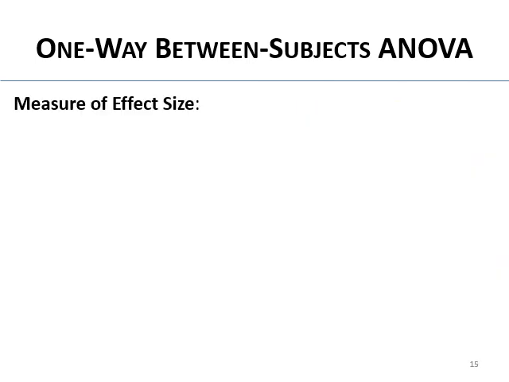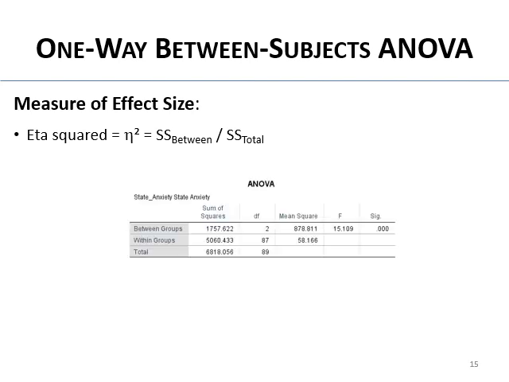So let's calculate our measure of effect size, our eta squared: sum of squares between divided by sum of squares total. You can see there are the top two lines. You've got between, then you've got within, and at the bottom you've got total. So in that sum of squares column we're going to divide the top number, 1757.622, by 6818.056. And that's going to tell us the proportion of variability in anxiety that can be accounted for by